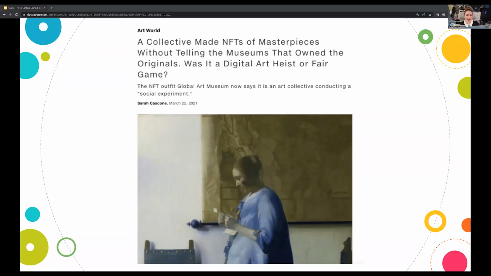In another case, a collective called Global Art Museum created NFTs for paintings from famous institutions, including the Rijksmuseum in Amsterdam, and released them on the NFT marketplace OpenSea, claiming that the revenue would be shared with the museum. The museum has an open data policy, and the works are in the public domain.